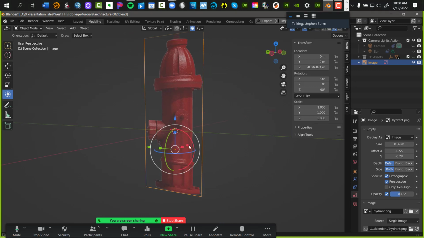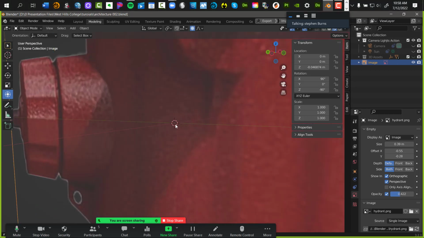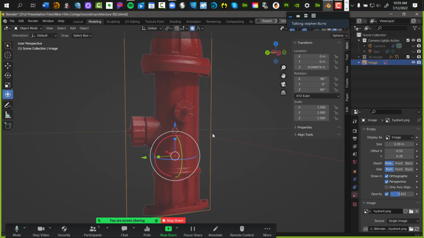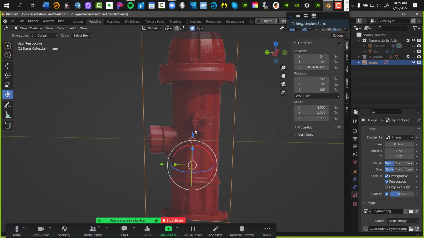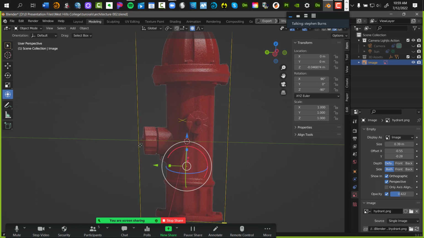Take note that right here in the middle, we have this little circle. That's your 3D cursor. Whenever we bring in a new object into Blender, it always brings up where that 3D cursor is. Always, no matter what. All right, here we go. We're going to bring in a new object. How are we going to do it? You're going to use a shortcut for accessing all your 3D objects. Watch me first up here.